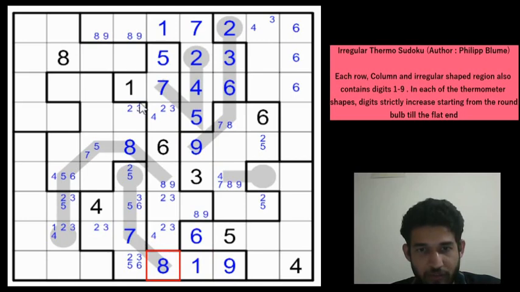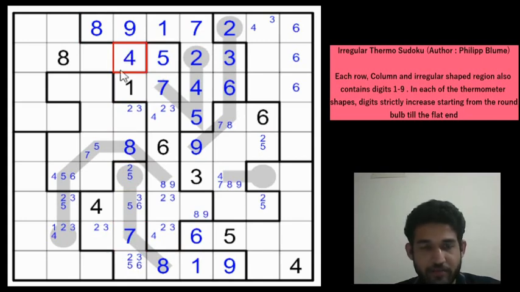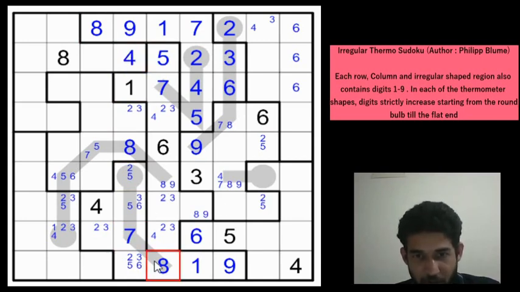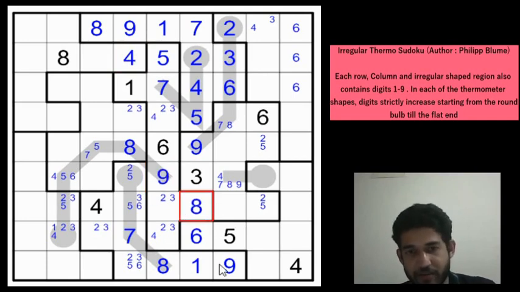And now if you look along column 4, we need to place 6, 8 and 9. You have an 8 here, right? So this will be a 9 and this will be an 8. And now, 4 we need to place, right? 2, 3, 5, 6 have been locked. So 4 would go here. No other cell left in column 4. And because of this 8, we get a 9 here using the classic rule, and that gives an 8 here. Beautiful.